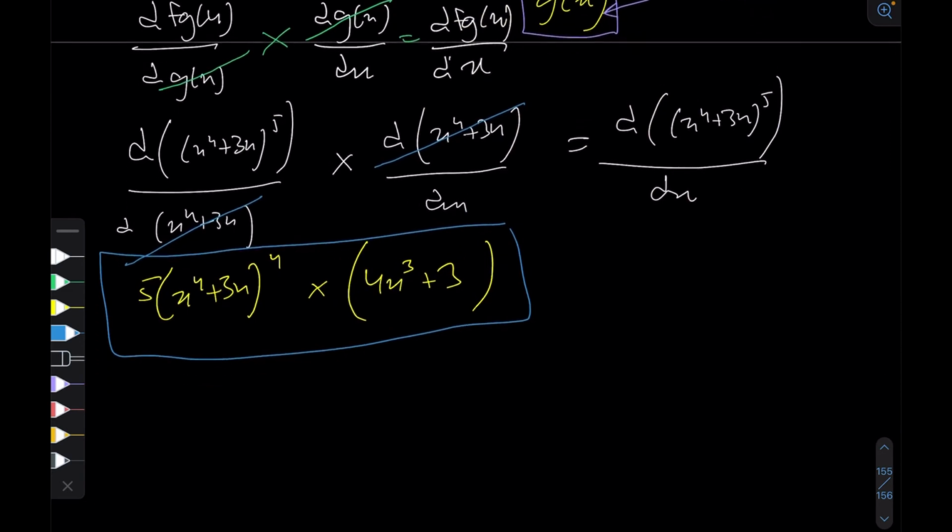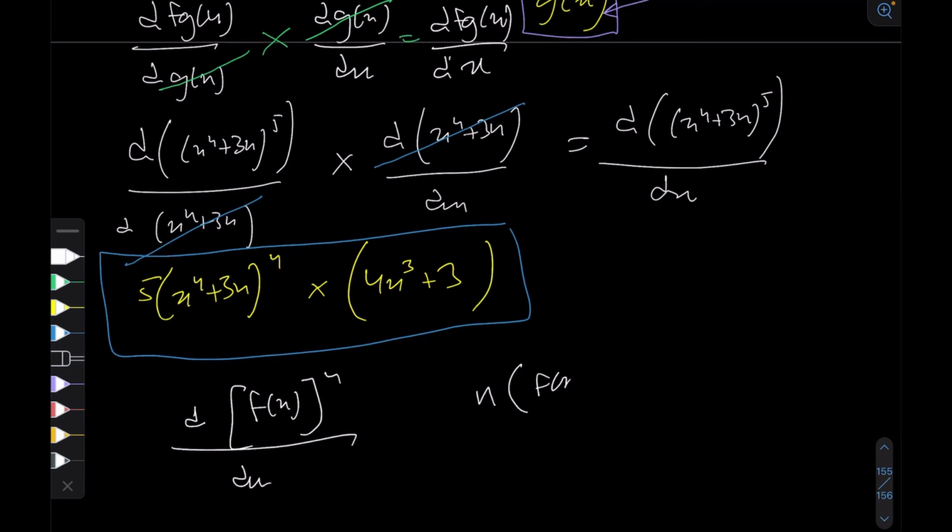And if you just want a computational shorthand, you can remember that for any f(x)^n, its differential would be n times f(x)^(n-1) multiplied by the differential of f(x), right? A lot of people remember it as applying the power rule and then taking the differential of the inside, right? So in this case, I took some example where the outer function was x to some